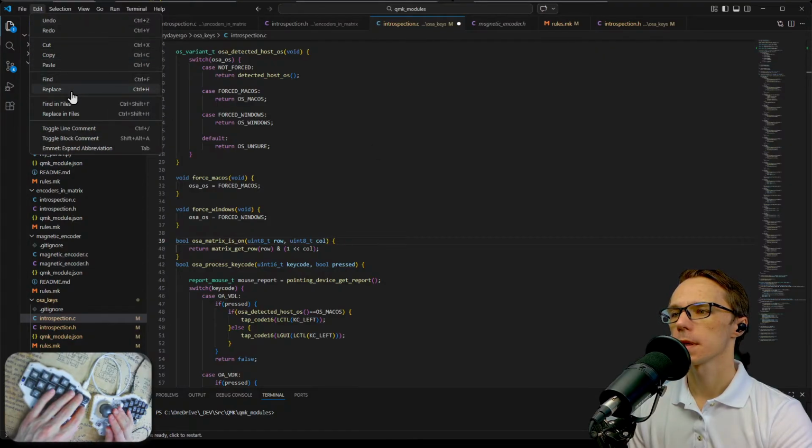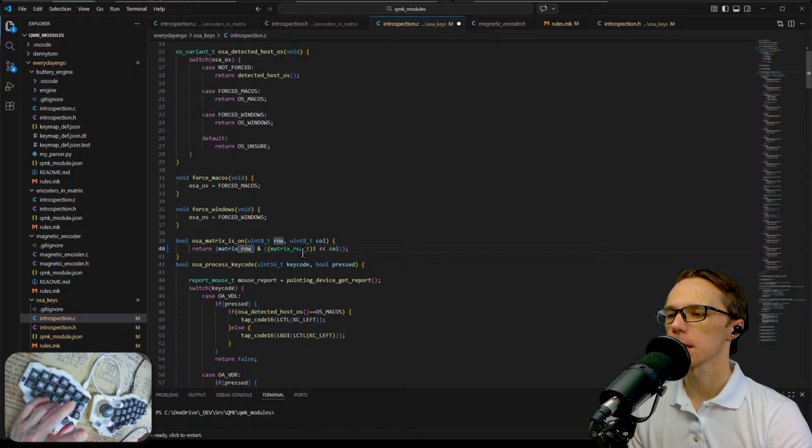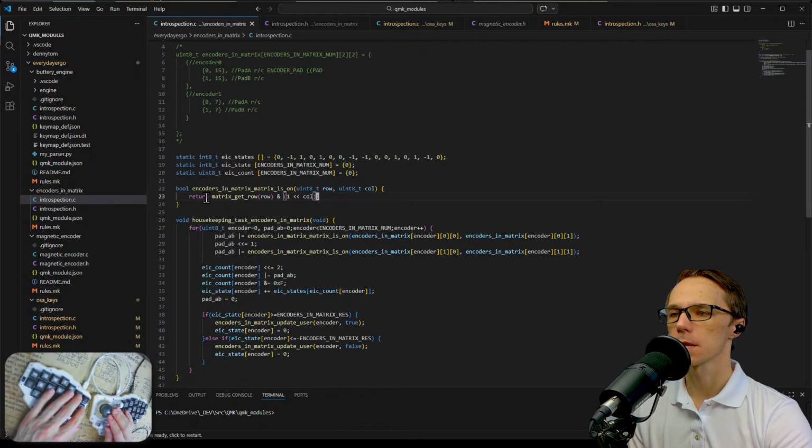Okay, I think I can do it maybe. Okay, I'm going to leave it like this. I'm going to stick to the matrix after debouncing, because this matrix is after debouncing. I'm going to save that, and over here,